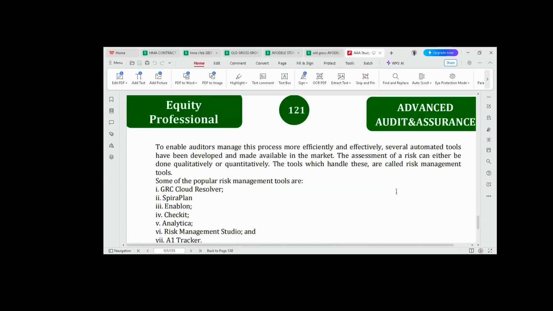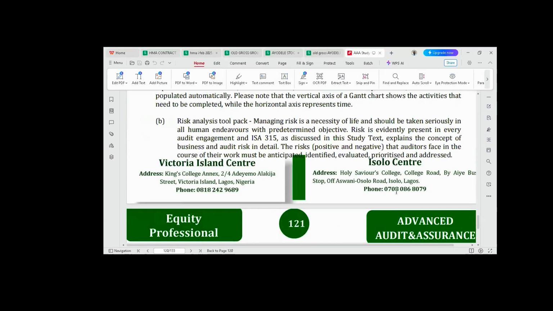Another set of software that auditors utilize is what we call the risk analysis tool pack. Now remember, I talked about preliminary audit risk assessment. As an auditor, before you audit any client, you must have gained an understanding of the client's business. It's very, very important. Now, with your understanding of the client's business, we are going to deploy